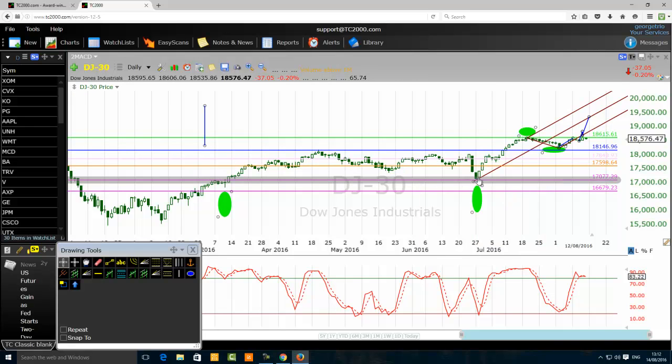So the second long-term equilibrium price level, which I'm giving to traders today for free, is at 17077. So if you are day trading, swing trading, position trading, especially if you are an investor or position trader,